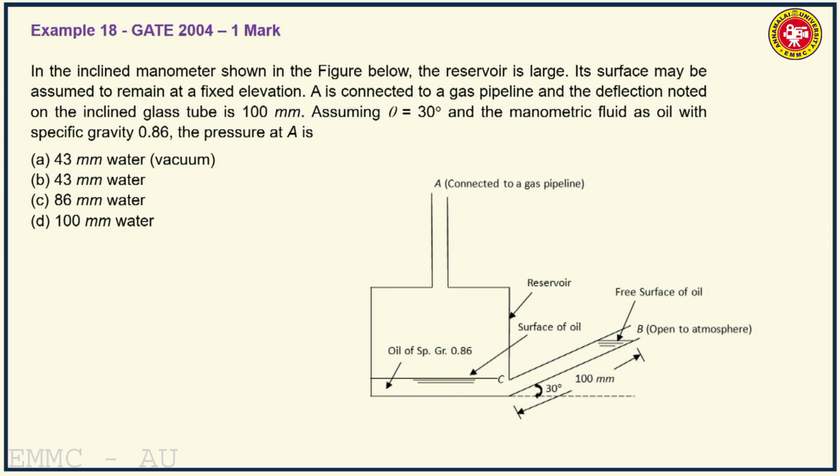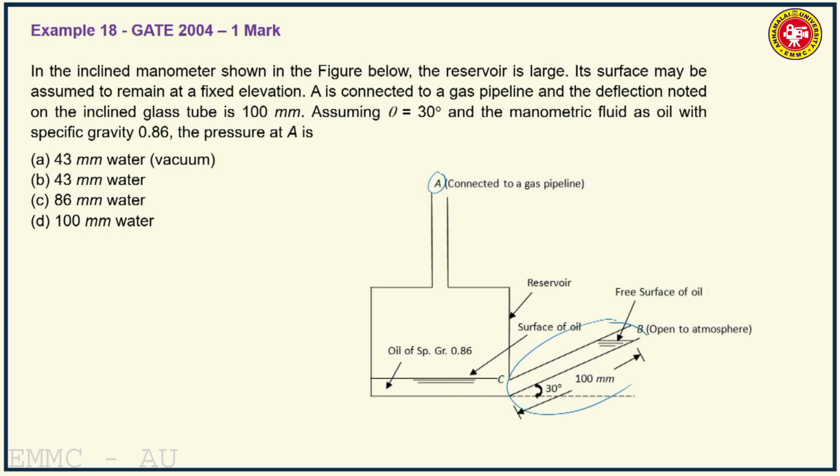So you have an inclined manometer shown in the figure. The reservoir is large. Its surface may be assumed to remain at a fixed elevation. Now A is connected to a gas pipeline. So this point is connected to a gas pipeline, and the deflection noted on the inclined glass tube, right? This is the inclined glass tube,